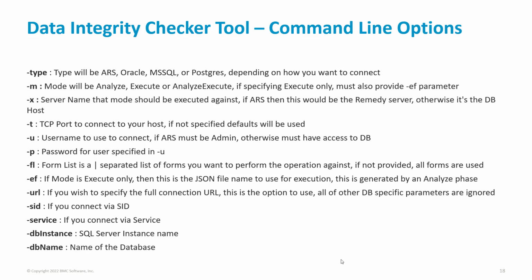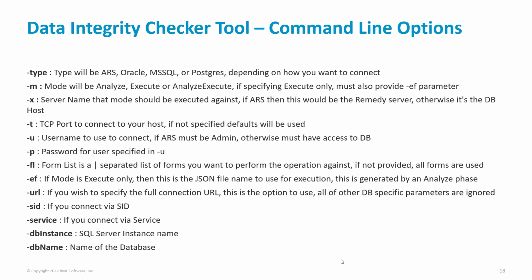A few other options you might need to look at: -X for the server name, -T for the port, -U for the username, and if you're connecting to ARServer, this will be the ARSystem user. Otherwise, if you go to a database, it'll be the database user. The -FL is a form list. If you want to work on one or just a few forms, you can provide a pipe separated list of forms. Now the -EF is if you're in execute mode, then you need to pass an input file,